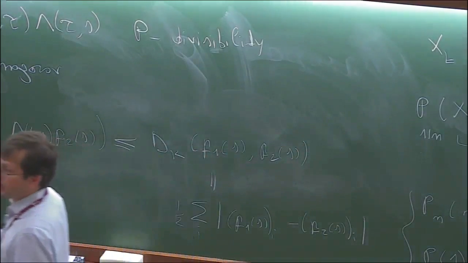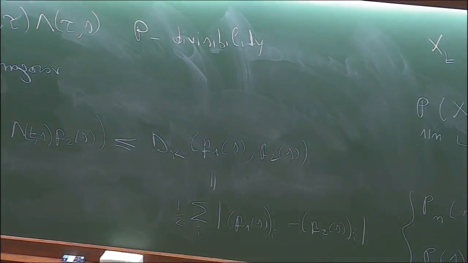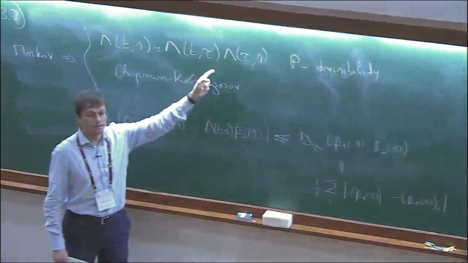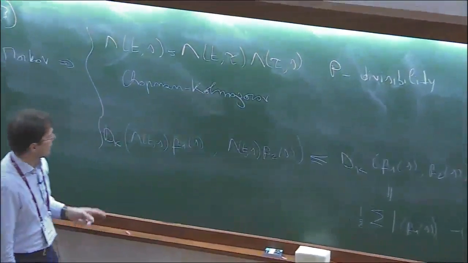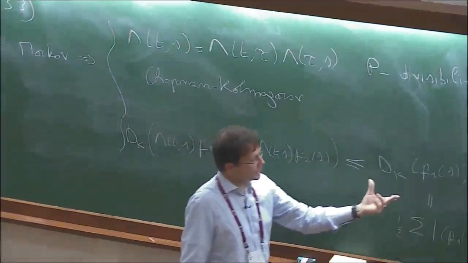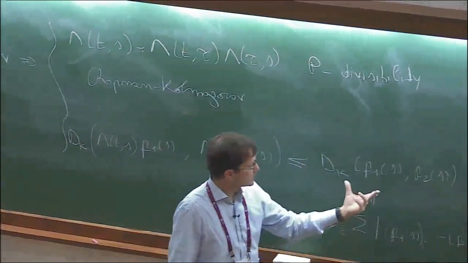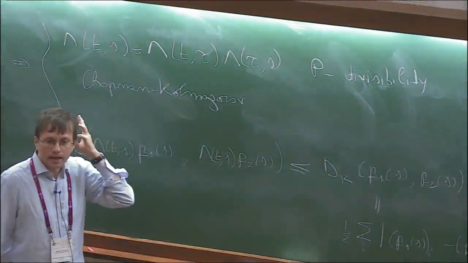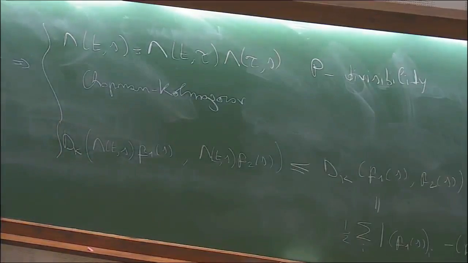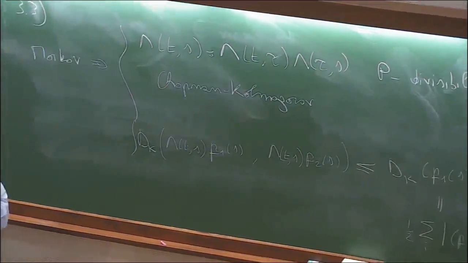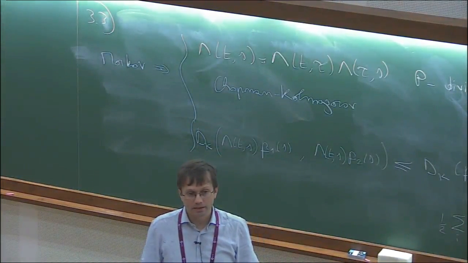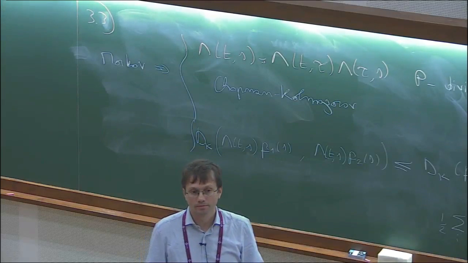So a Markovian process in the classical sense has two special properties. On the one hand, Chapman-Kolmogorov says at the level of the map that the transition map is divisible. At the level of the probability vectors, it says that the action of the transition map is a contraction. Now, these are consequences of Markovianity. If either of these properties is violated in the classical setting, it means that we can say that the classical process is non-Markovian. Okay?